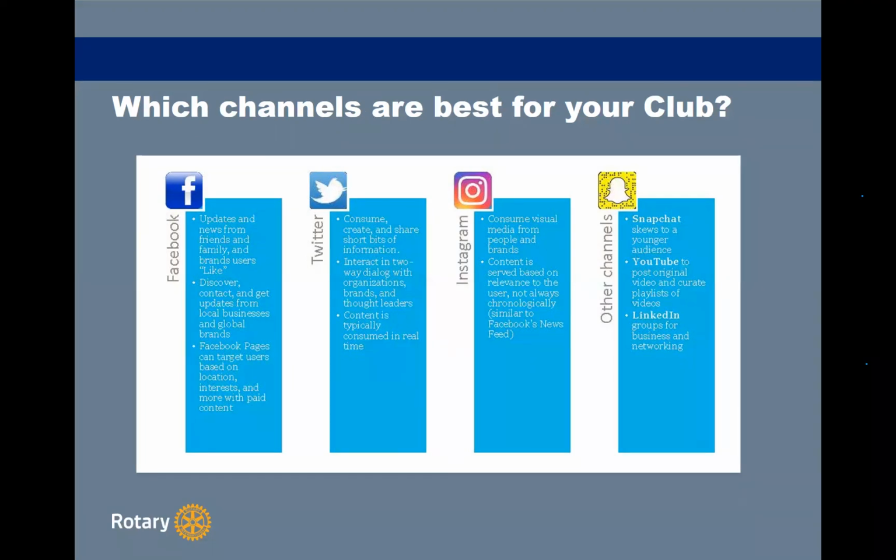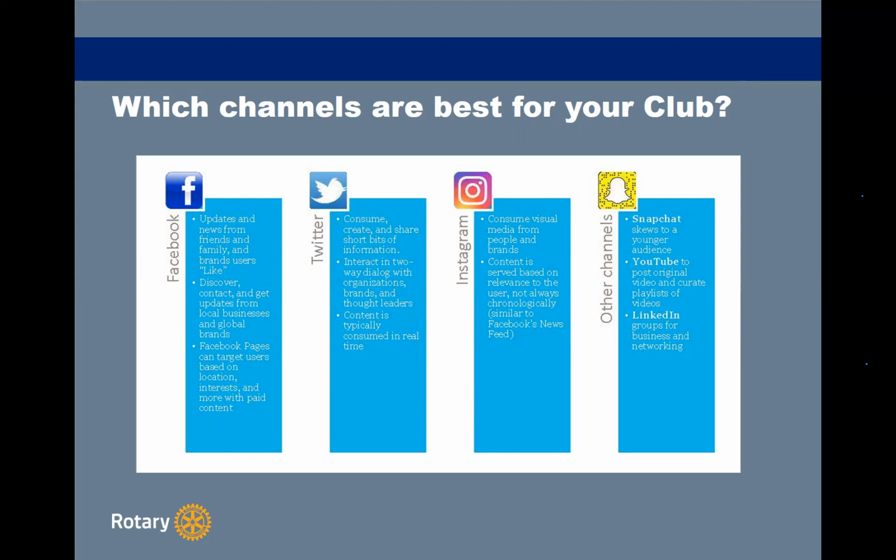For Facebook, demographically, the common misconception is that on social media, it's mostly Gen Xers and Gen Zers, but the reality is that baby boomers and Gen Xers are the 2 that are on Facebook the most.